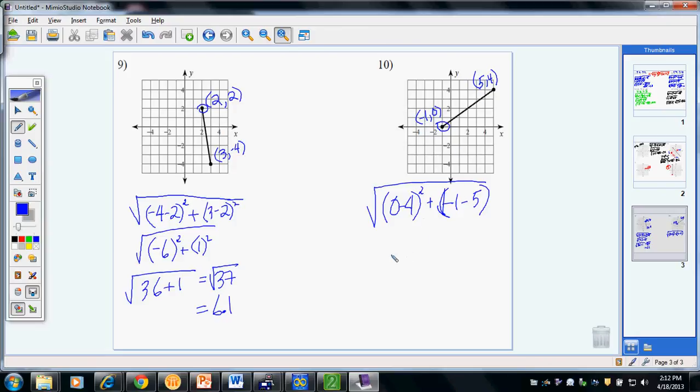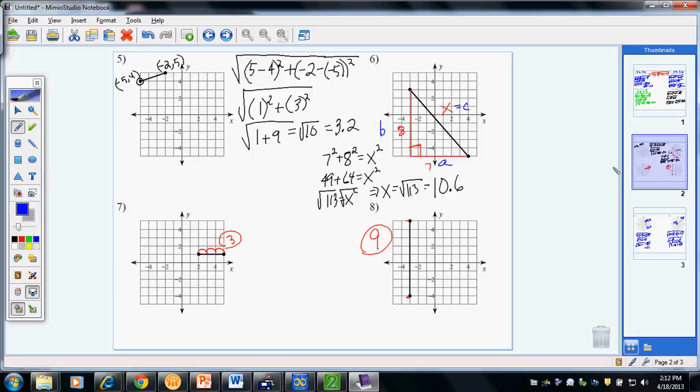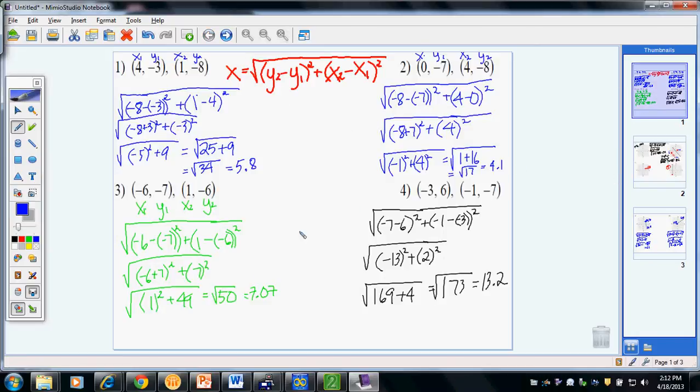So 0 minus 4 is negative 4. We're going to square this, plus negative 1 minus 5 is negative 6 squared. Negative 4 squared is 16, plus negative 6 squared is 36. And this is going to give us the square root of 50, which I think we had just earlier when we were looking at this one. So it's